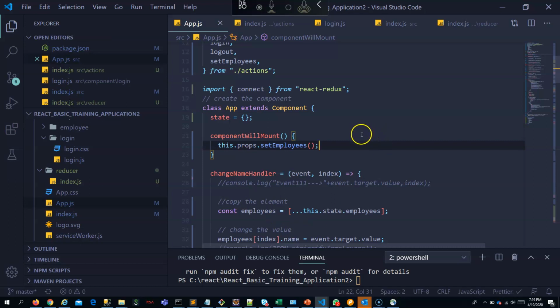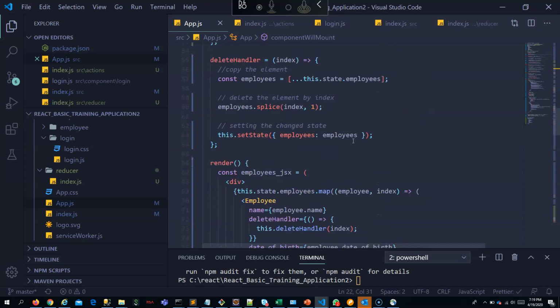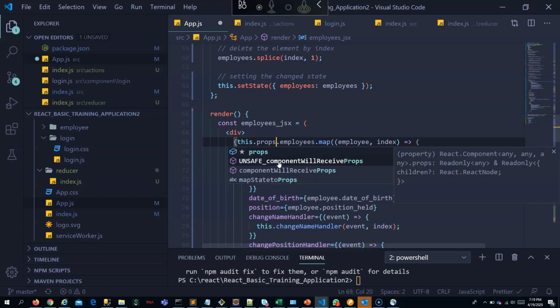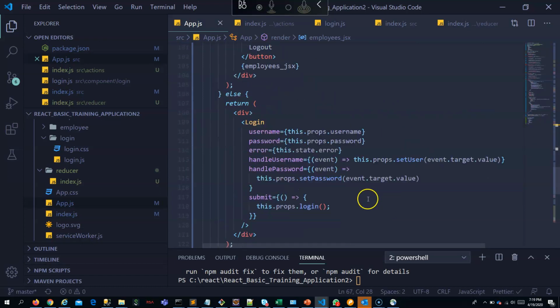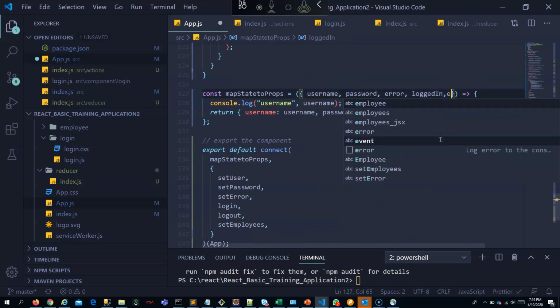We are able to see the changes there. Now also I have to change how it is rendered, right? Maybe this.props.employees, because then I also need to ask for the employee state, right? This also I have to add.